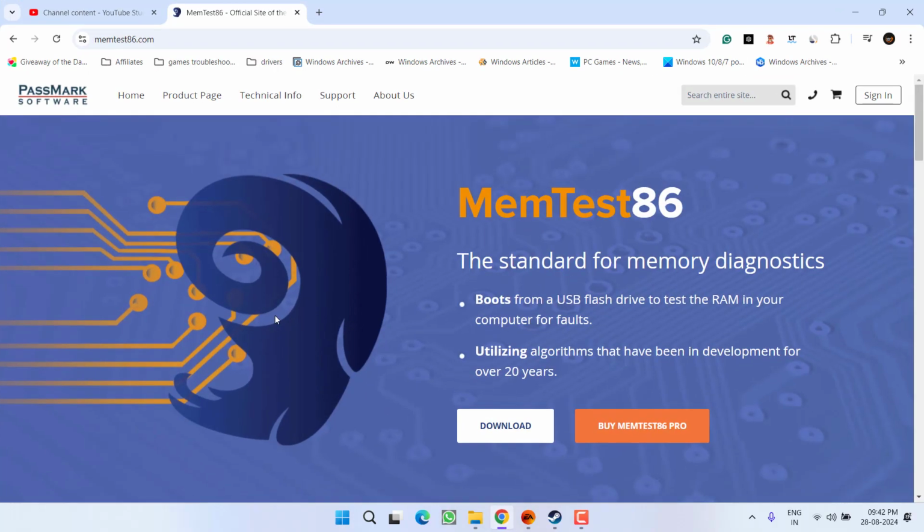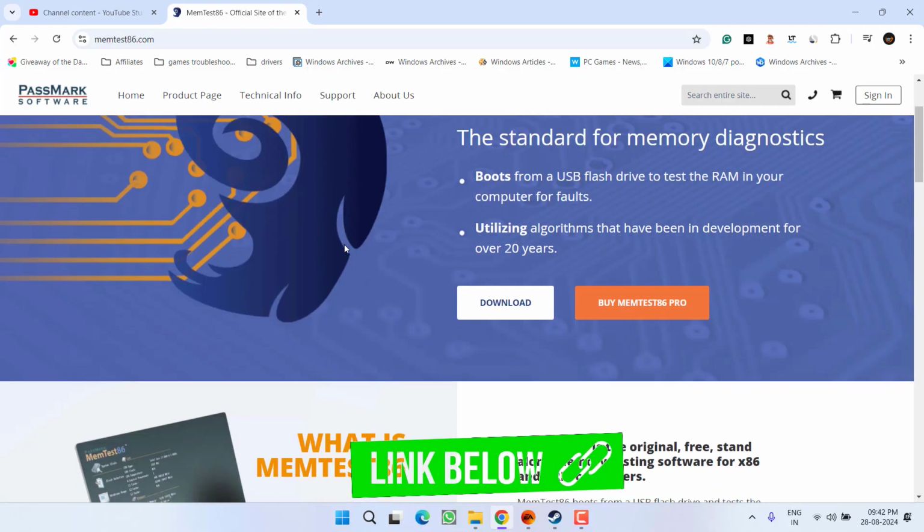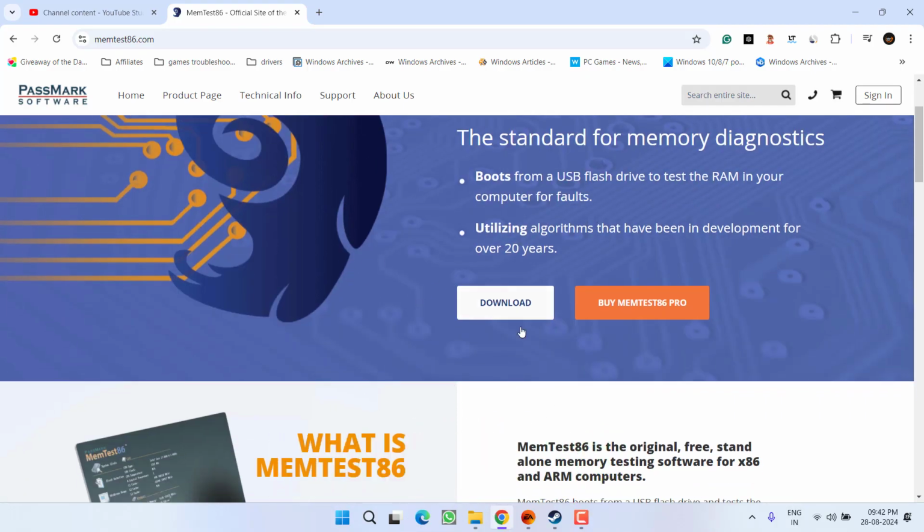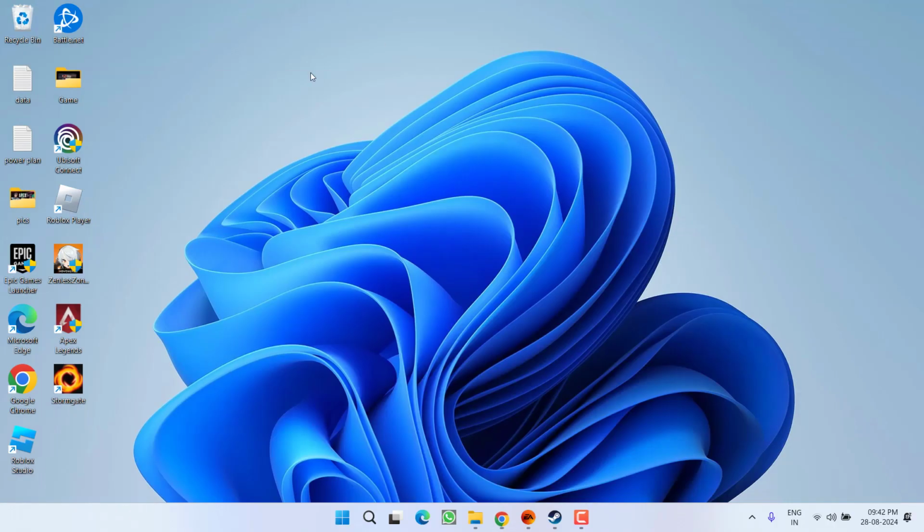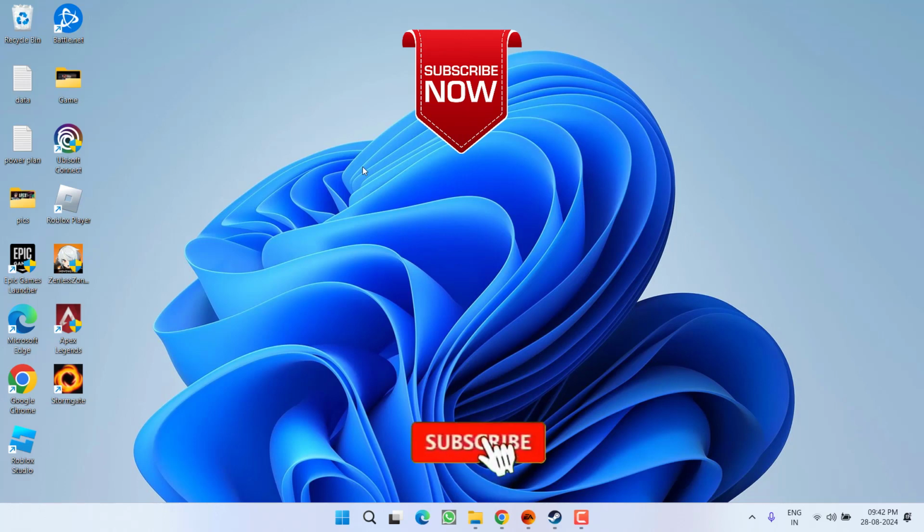Go ahead, open your browser, and here is the software with the name MemTest. I will share the link of this software in the description of this video. Go ahead and simply download its free version, and it will help you check the status of your RAM sticks, whether they are okay or not. If they are not well, you need to replace your RAM and then completely fix the issue of Apex Legends unknown file version. So as of now, this is all about it, friends.